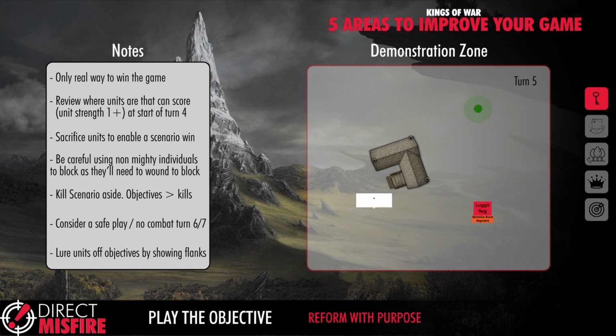Our fourth tip here is reforming with purpose. It may sound a little bit strange, but in turn 4 and 5, post-combat reforms are very important for objective play. It's easy to get caught up in setting up the next charge or anticipating your opponent's next turn for a counter charge. While all of these things are very important in their own right, just pause for a moment